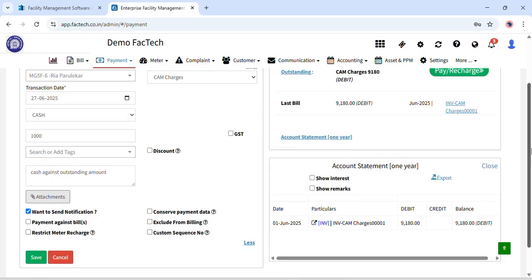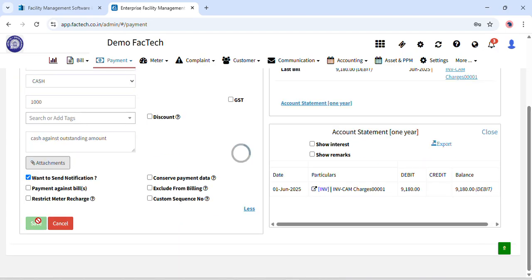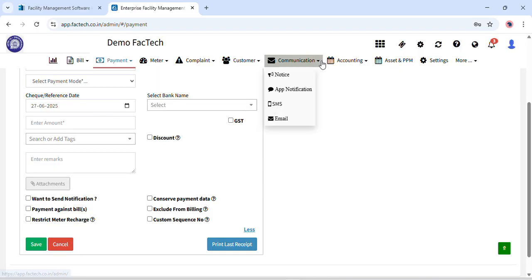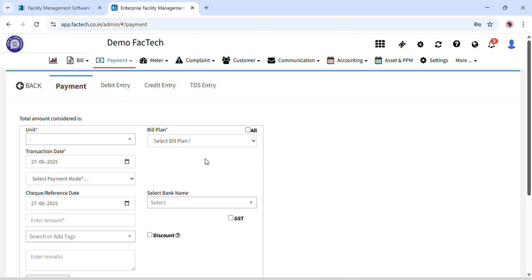Now this is all you need to do to add a payment, and once I click on save, the payment has been added successfully. This is how you can manually add a payment, but in case you have multiple records or multiple units,